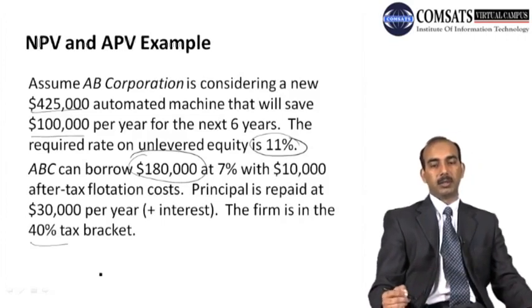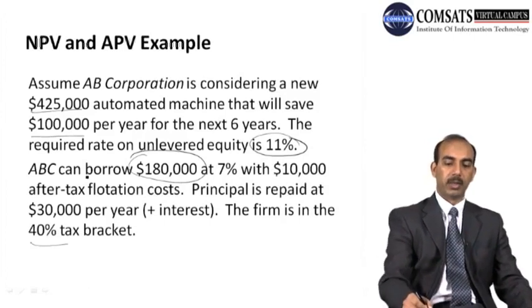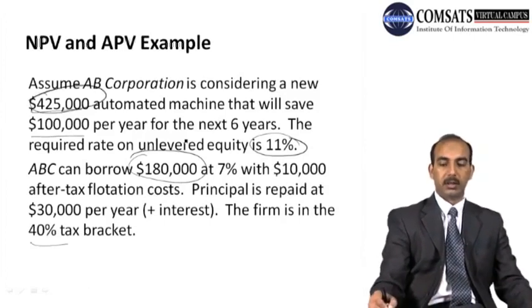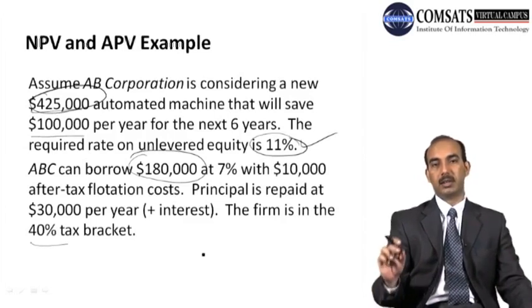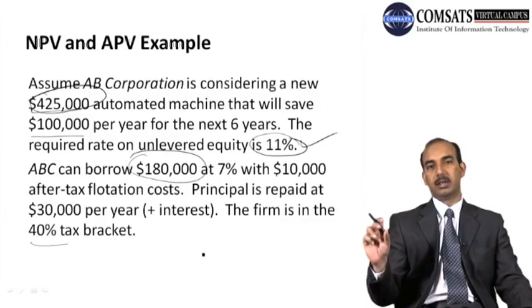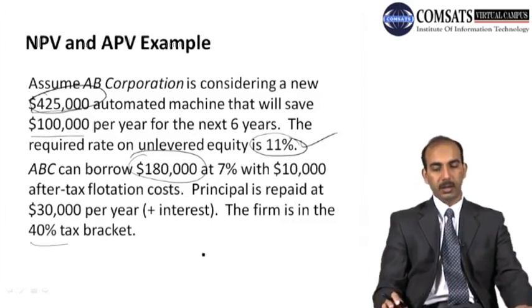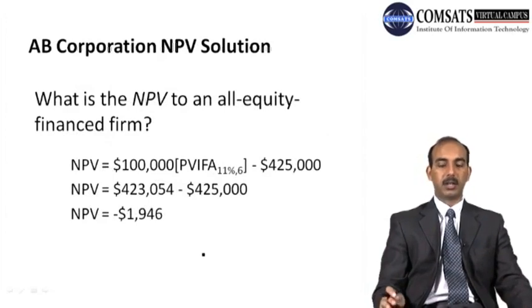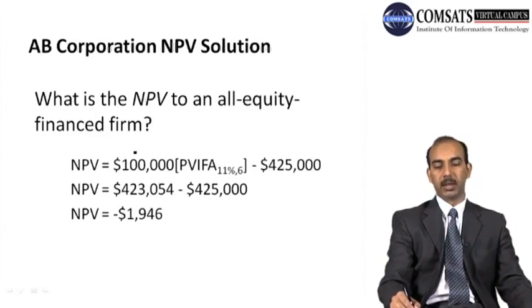Now what we have to do is, first of all, calculate the net present value using this information and this given rate, and then we will adjust it using the interest rate benefits and the cash outflow, the flotation cost. First, we calculate the net present value. Using this project we can save $100,000 annually. This will take the form of an annuity, and we use table 4 to get the